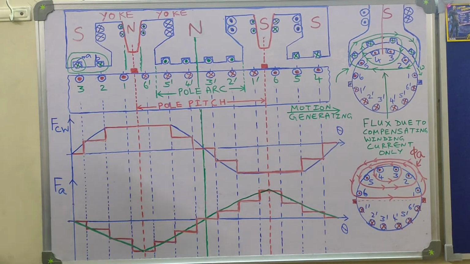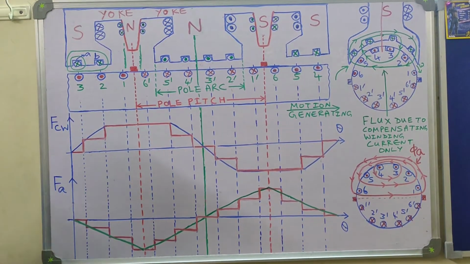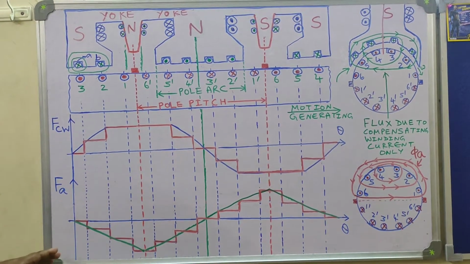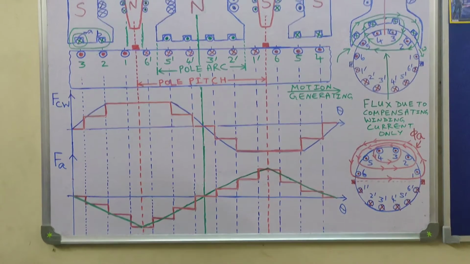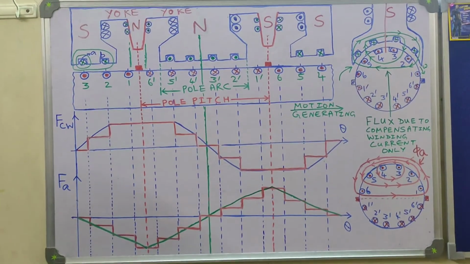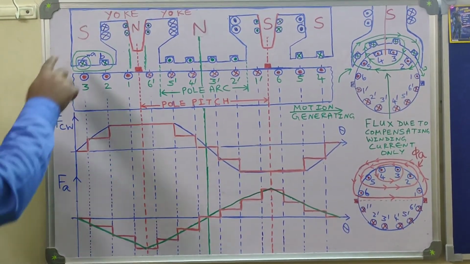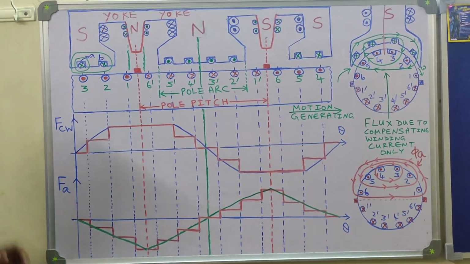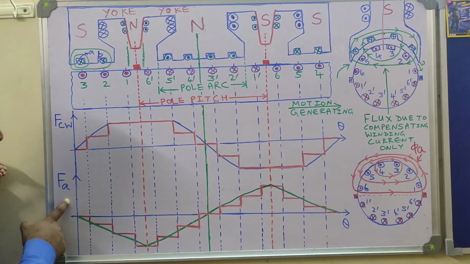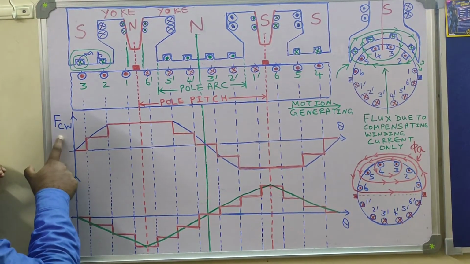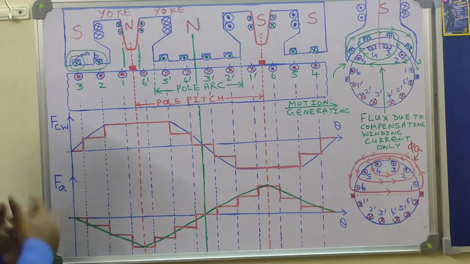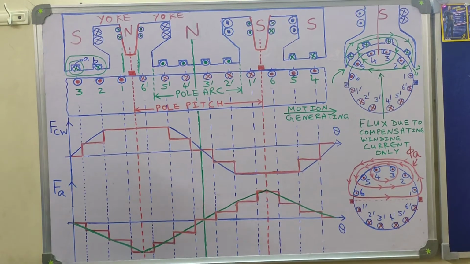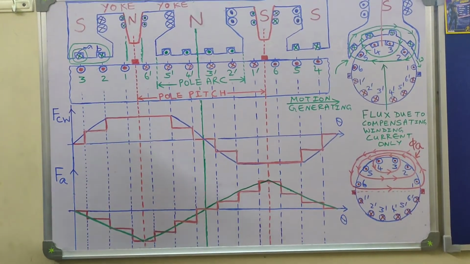Okay. Now let us come to these two waveforms, which are very important. What is actually been drawn here? We have actually drawn the nature of space variation of magnetomotive force due to compensating winding current and due to armature winding current. So this was already discussed. So let me start with this one: what is the nature of MMF variation along the air gap periphery, or with respect to space angle theta.